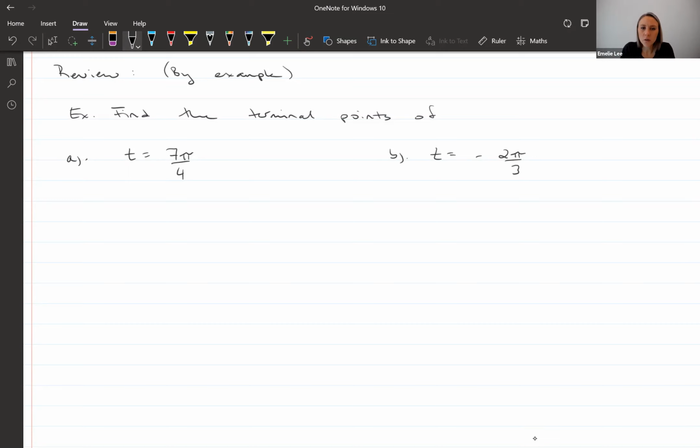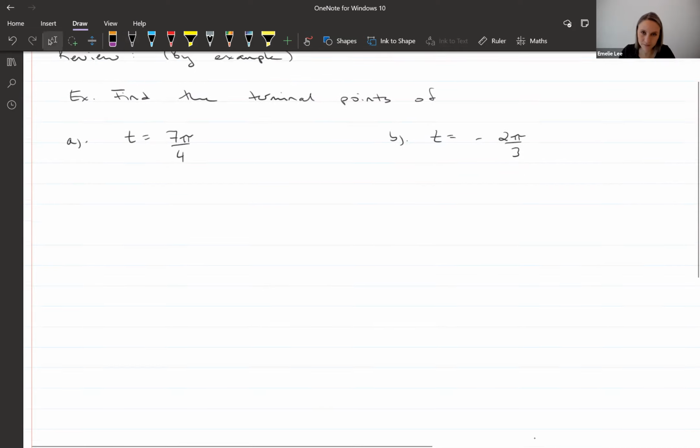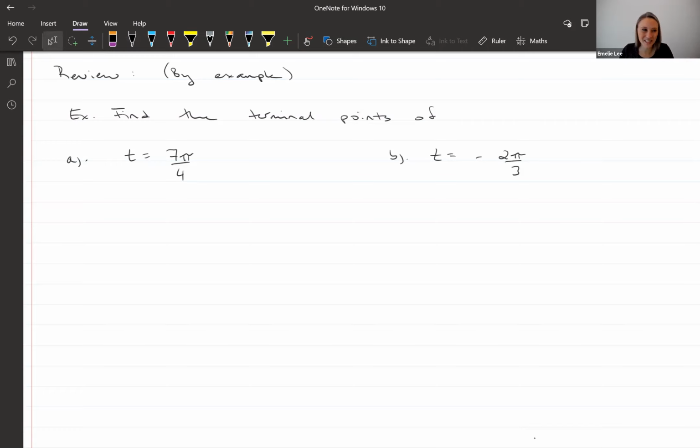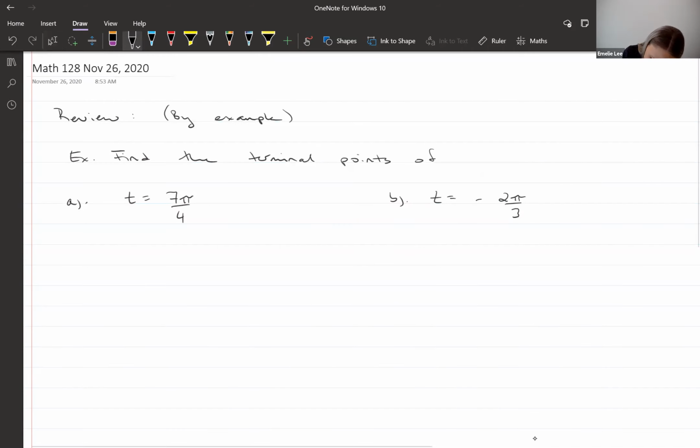Okay, so we talked about those core cutoff points, right? Of course, on the unit circle, we've got our quadrant axis marks. But also we talked about the cutoff points at pi over 6, pi over 4, and pi over 3, and I told you to memorize those. We should have those memorized, or know to have them memorized eventually. But for a little bit now, we can draw our unit circle here, and we can say, okay, well,